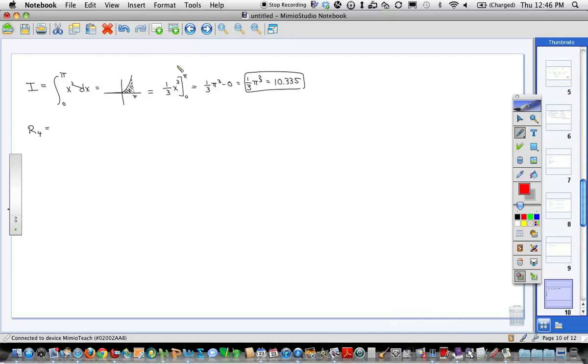So we're going to do two things at once here. As we go along, we're going to talk about how we do it without the calculator, and then what it would look like as we punch it into the calculator and verify those two are the same thing. So we're going to do an R4 approximation here. If I'm going to divide up this graph, this pi, into so many subintervals, in this case 4 of them,